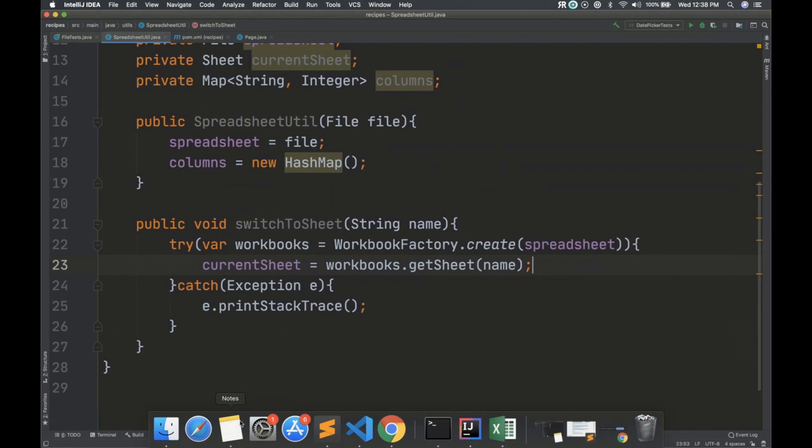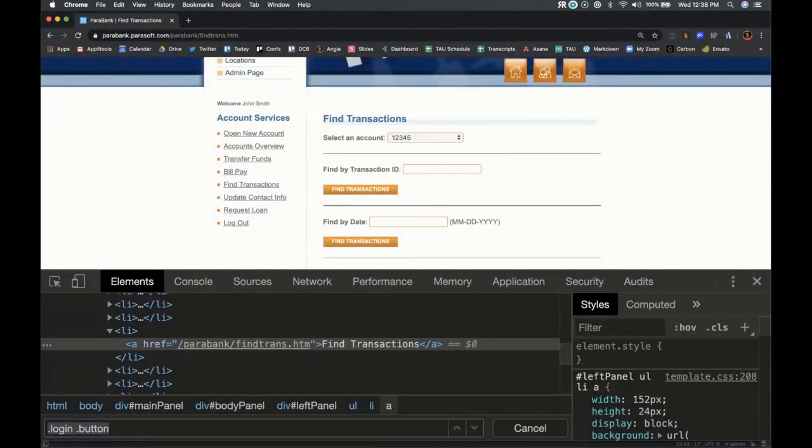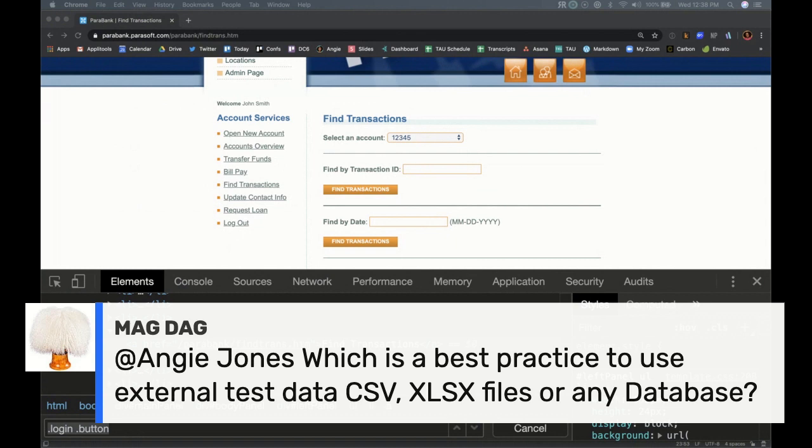All right, let me pause and see if you all have any questions. Which is the best practice to use external test data? CSV, Excel, or any database? I don't think there's a best practice. Use whatever works for you.